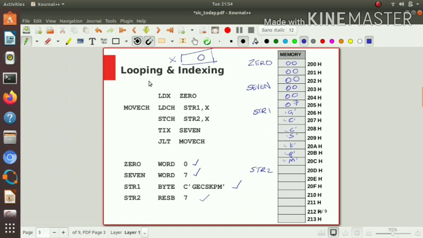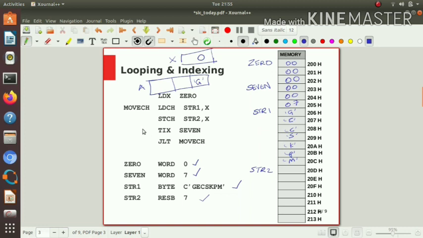Assume that this is our accumulator register, and the accumulator is 3 bytes long. X is also 3 bytes long. So the single byte will be loaded to here, that is G will be loaded to here.